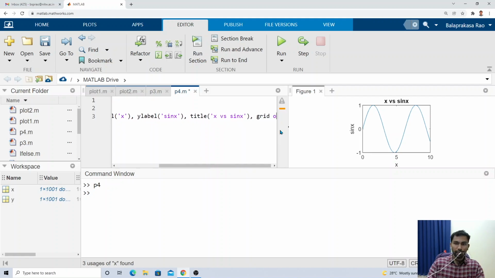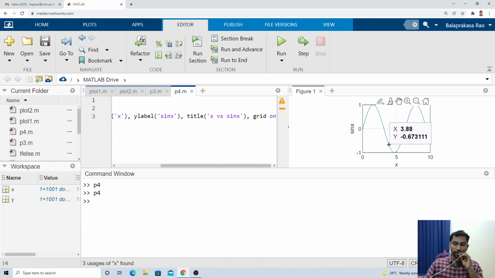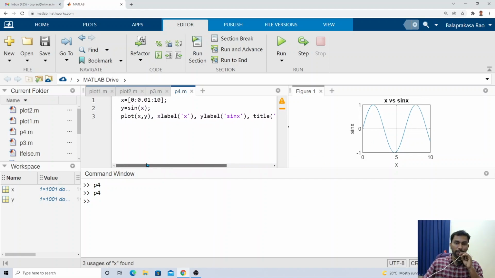It can be added using this option, grid on. You see, grids were added. Can you see the grids were added here? Right? Grids were added. So this way you can add different options. x label, y label, title, grids, everything you can add. So this is about